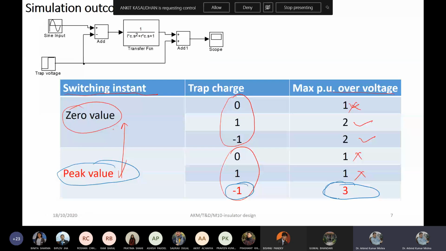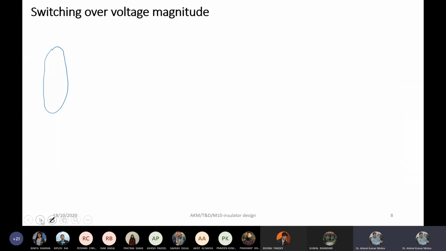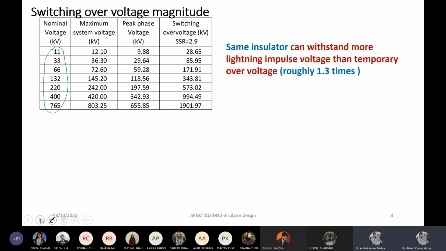This value, by which the switching overvoltage will be a multiple of its peak value itself, is called the switching surge ratio. These are all in fact switching surge ratios, but we are not considering all of these because we have to consider the worst operating condition. So this is the switching surge ratio. It is defined as the number of times by which the maximum switching overvoltage will occur